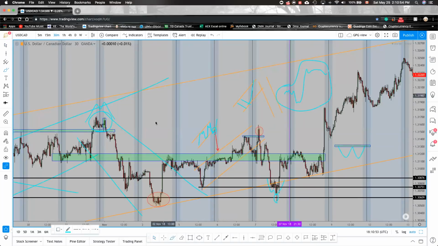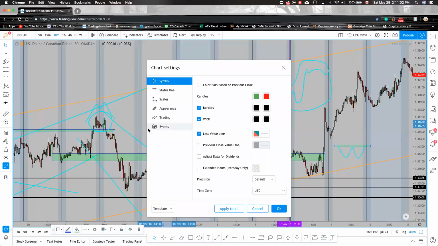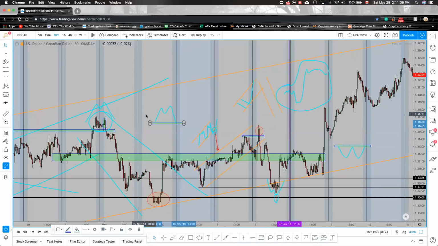Now let's make it an M formation. If you draw it here, it's a support that is being rejected. If the zone is here, this is going to be a break and retest inducement. So this is the reason Ms or Ws are important, but at the same time you can get trapped. That's why retail gets trapped. It can be break and retest, it can be rejection,